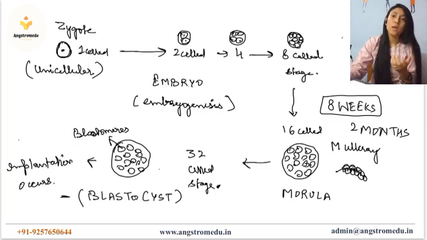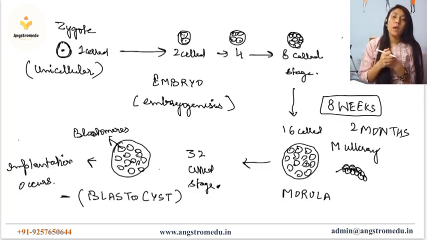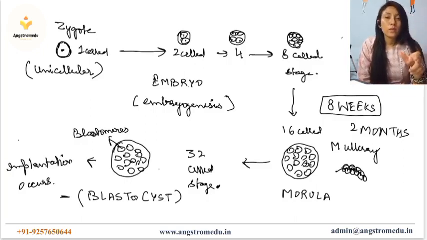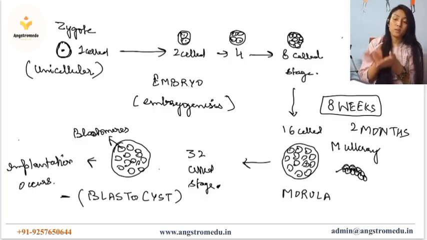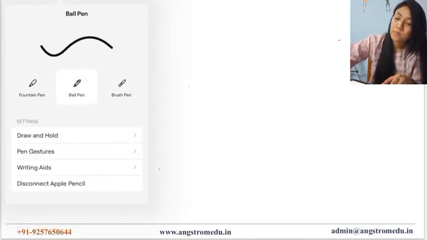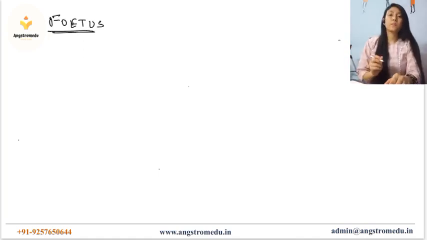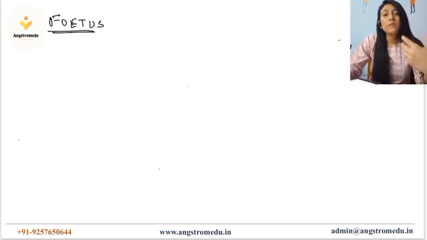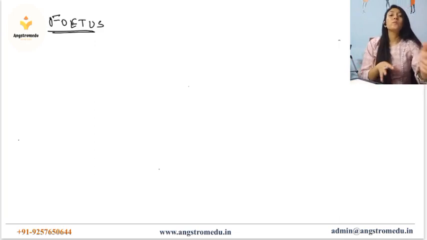as embryo, of course. And after this blastocyst gets fixed and further divides, after the end of 2 months or after the end of your 8 weeks, then this blastocyst or this embryo is now known as what? Fetus. This is now known as fetus. What is fetus? You can also say fetus is a mature embryo or a maturing embryo where organ formation